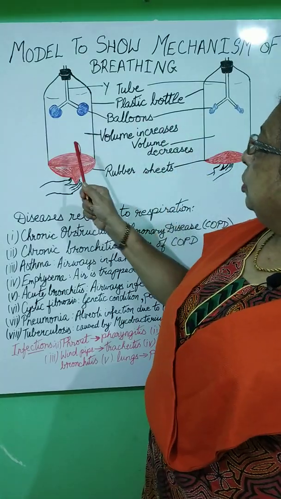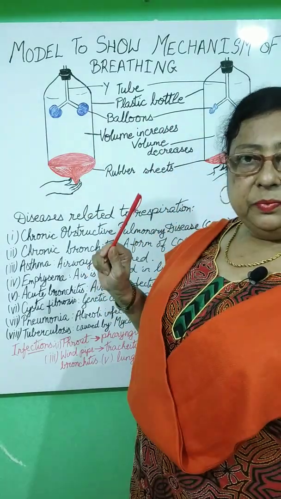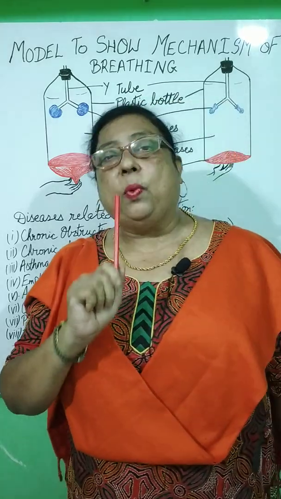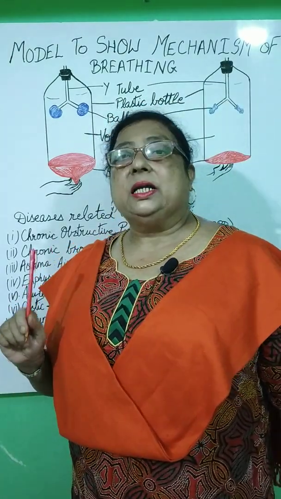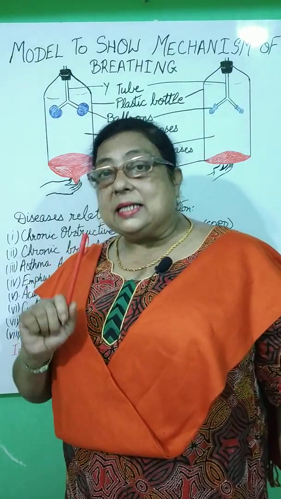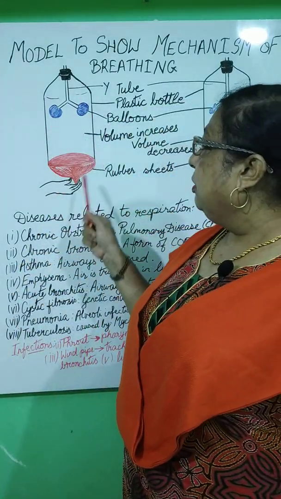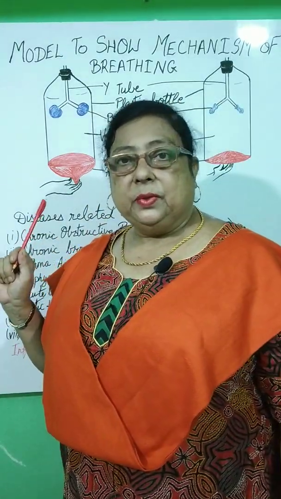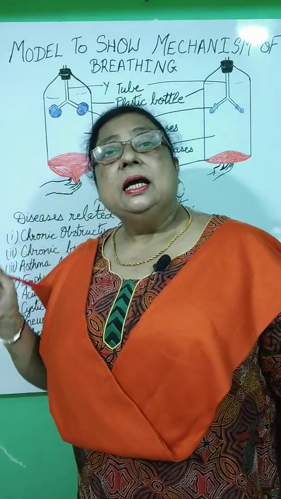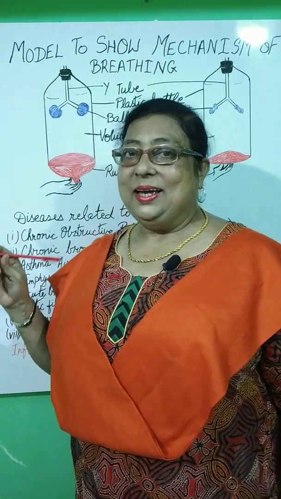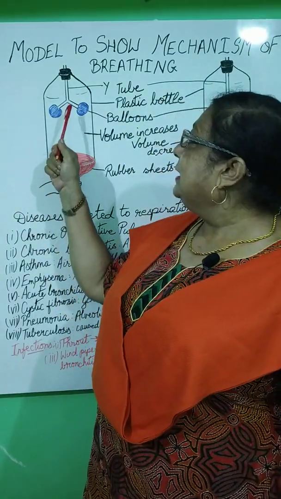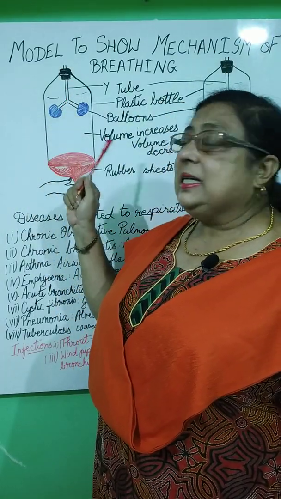Now there are two figures made over here. Two diagrams are made over here, this side and that side, but it represents only one bottle. There are two conditions, but the representation is only of one bottle. That is, this bottle, you have to take a plastic bottle, and this plastic bottle represents the rib cage. Here inside it you have to fit